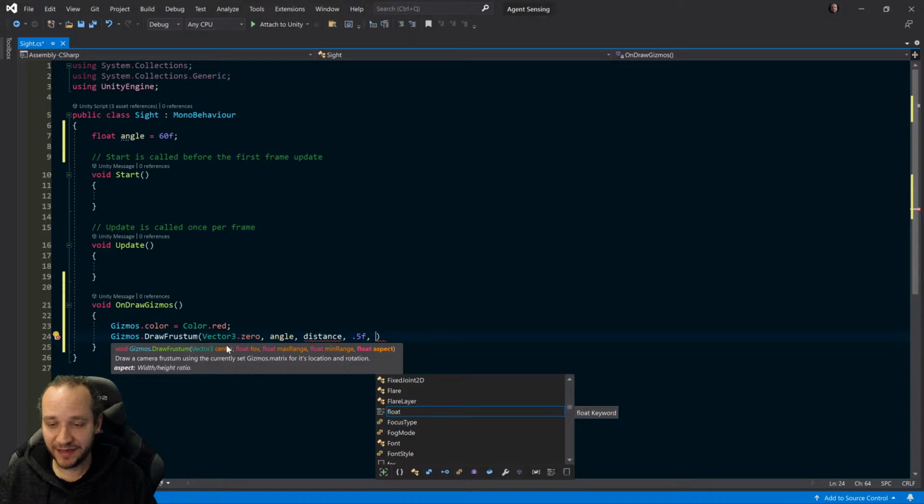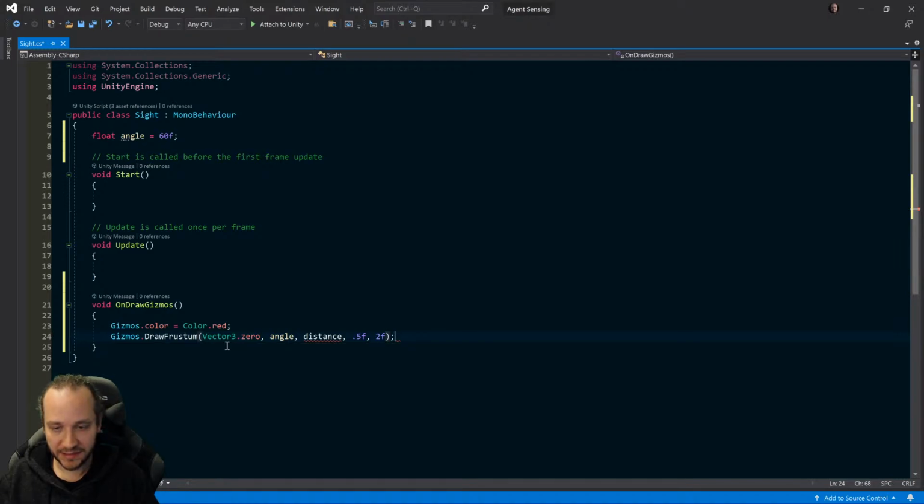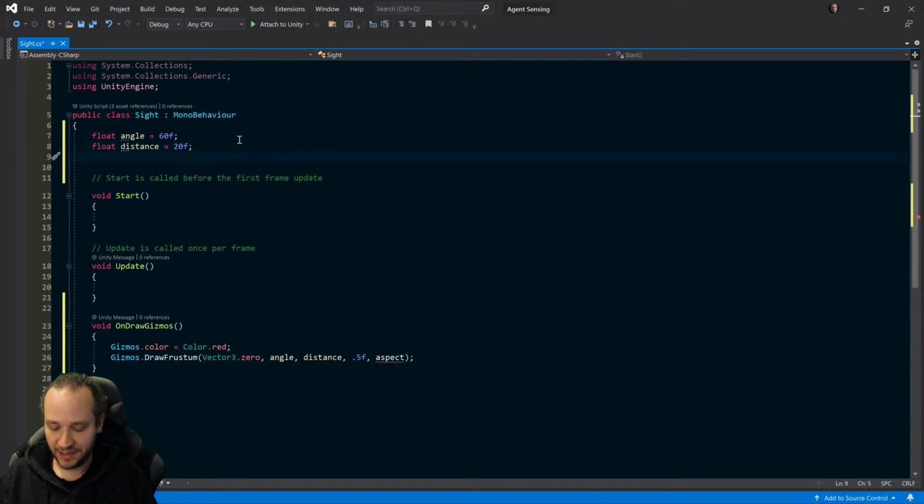And then the aspect, and it's the aspect ratio, that's the width compared to the height. So if I want him to be able to view like a normal camera or eyes would do, I would make it at least twice as wide as it is high. I'm actually going to make that into a variable as well. So I've got the distance and the aspect variable. So let's say distance. I will make it, I don't know, view 20 ahead, and then aspect,